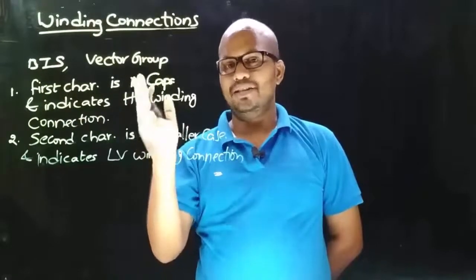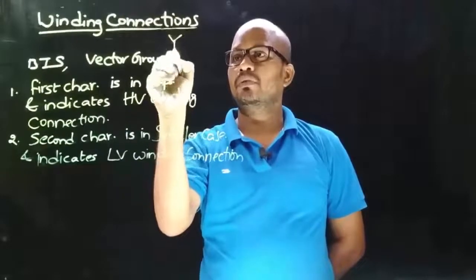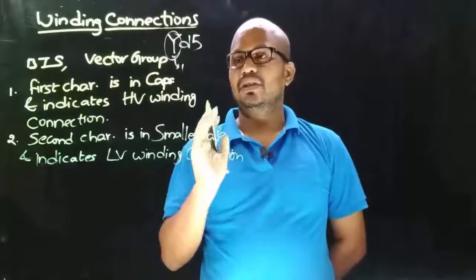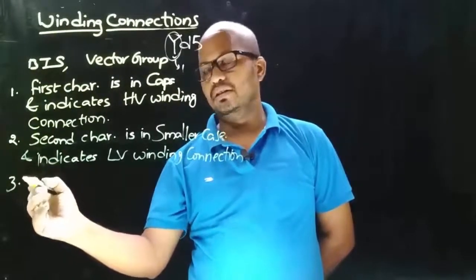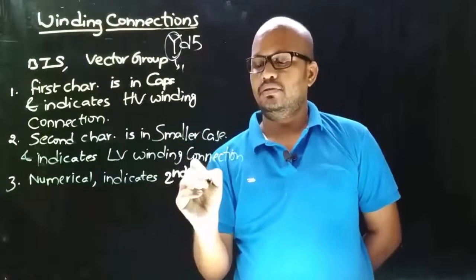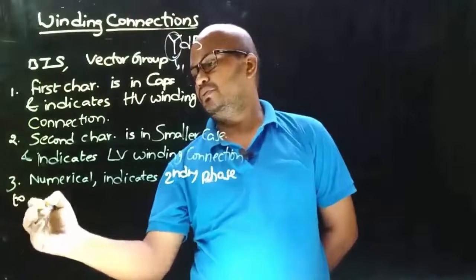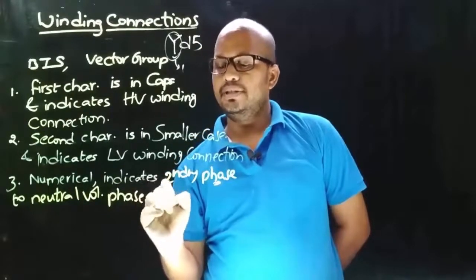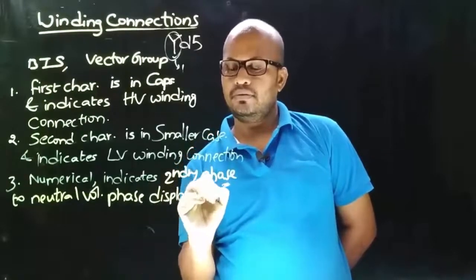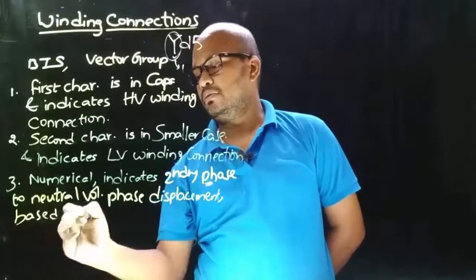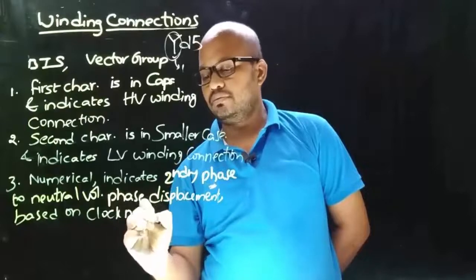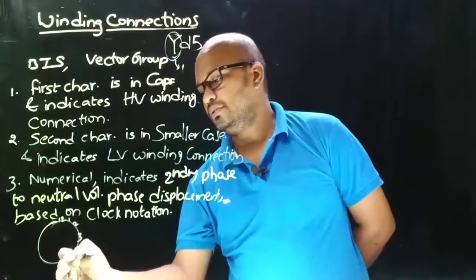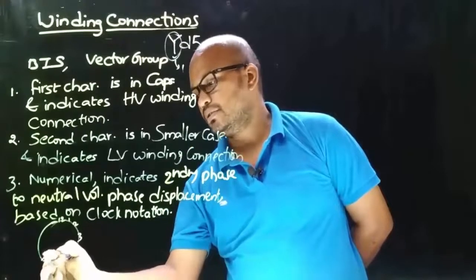So irrespective of what is primary and secondary, always in a vector group, the first character represents the HV winding and the second character represents the LV winding. And the third numeral indicates the secondary phase to neutral voltage phase displacement, based on clock notation. That is, if this is the clock, the angle between two consecutive numbers in a clock is 30 degrees,